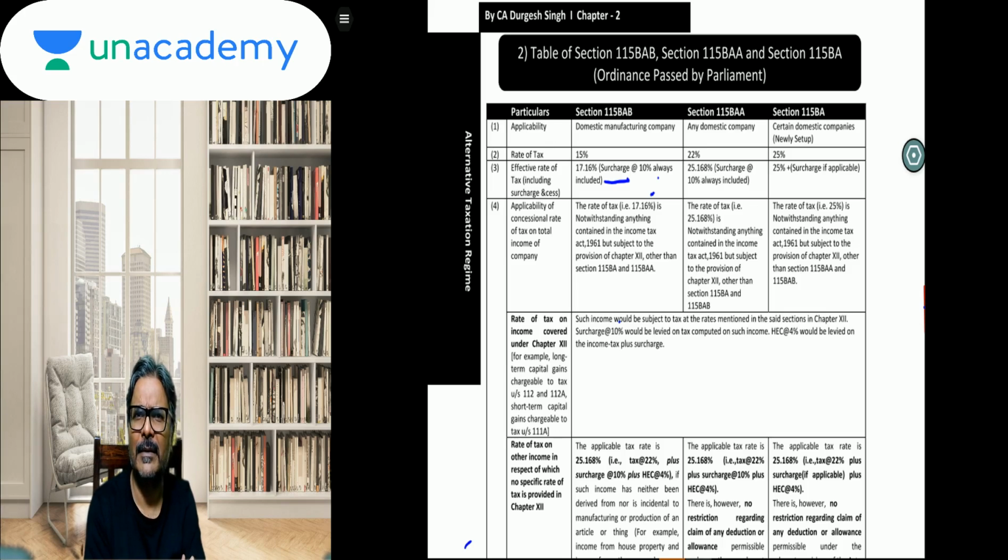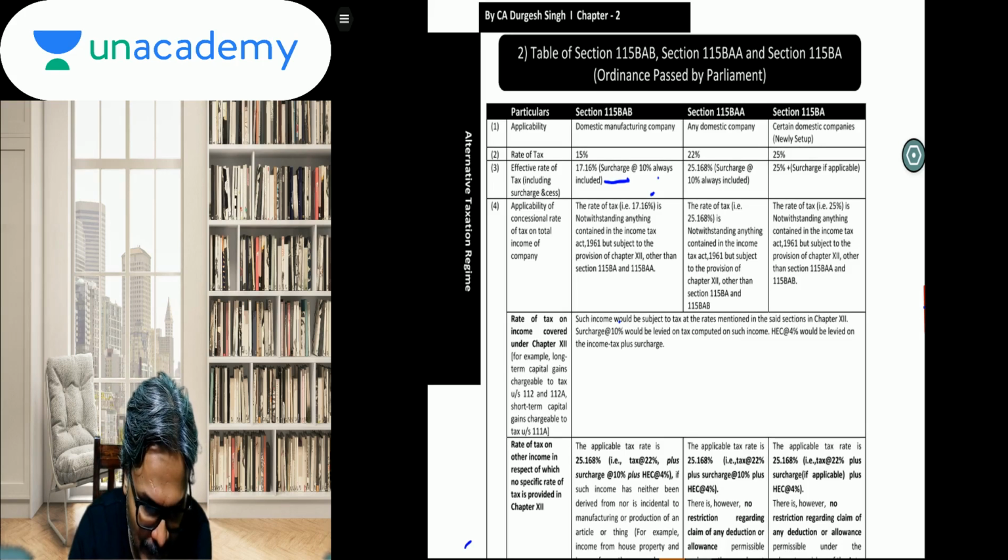Again, I'm repeating. The first one is a theoretical part in respect of the company and the cooperative society. Second and third, the practical part for the company and cooperative society. And the fourth one would be a thorough discussion both on the theory as well as the practical part of the alternate tax regime as applicable to the individual and HUF. Okay, so on that basis, students, let's start with this. Students, now there are these 3 sections which are applicable to a domestic company.